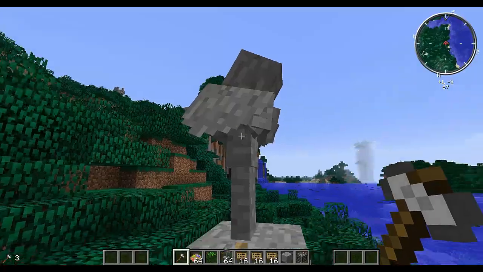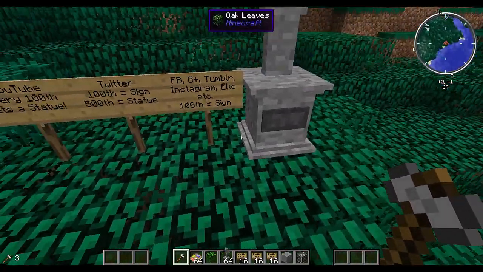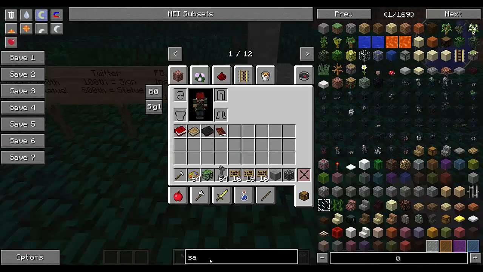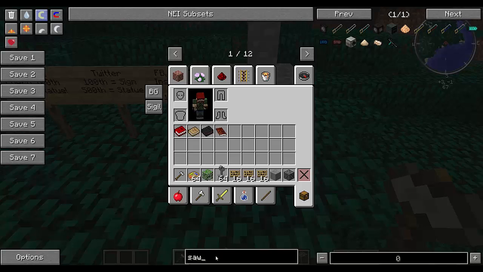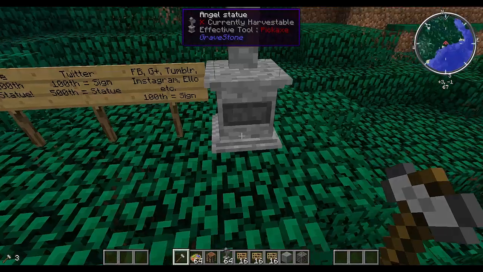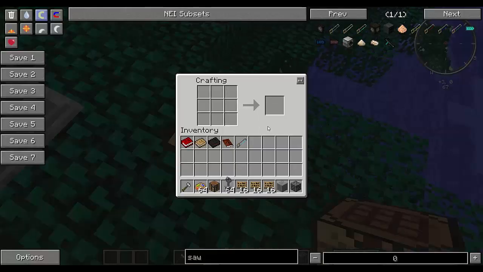But I like this. So what we can probably do, let's grab a saw. Because I do everything by hand, you know. I'm an idiot. And there's no crafting grid here. Let's do this.